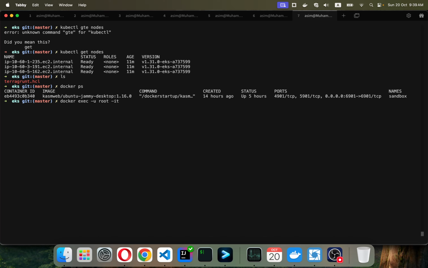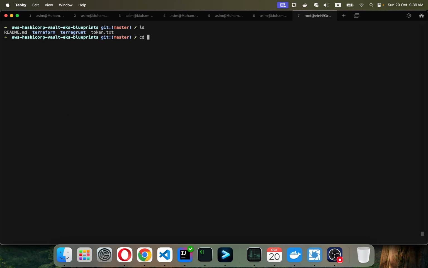Okay, interactive shell into this guy, sandbox, right? sudo su, cd into tmp, right? And we are in this repo, and what I'm going to do, I'm going to navigate